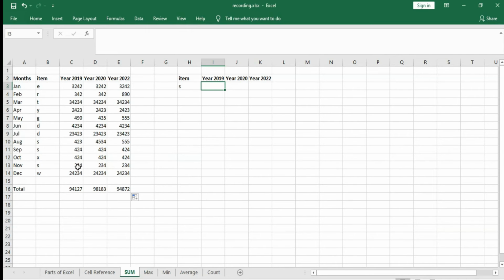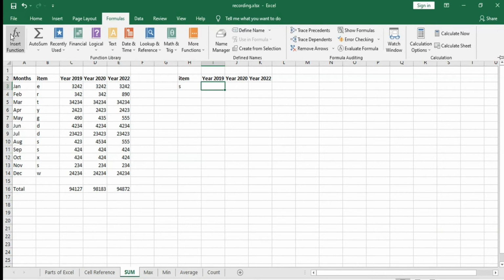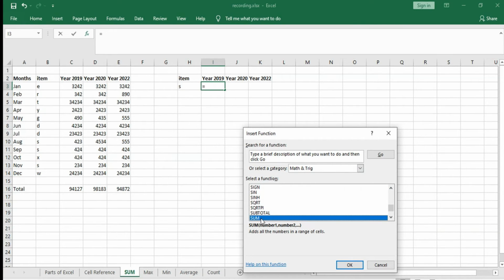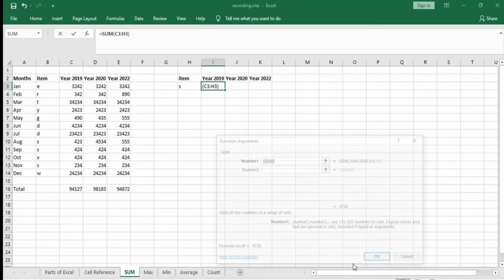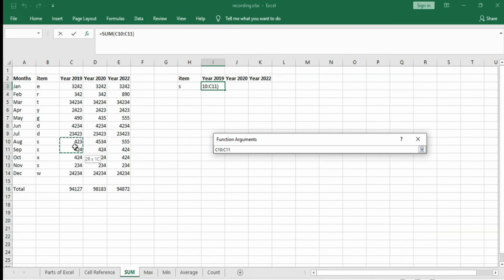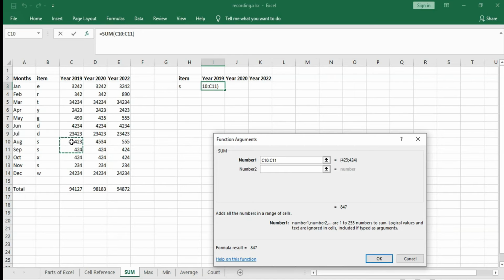First, same steps: select the cell where we want the result, then click on the formula, then click on insert function, select your category and then your function, then click on the OK button. Here the first is our range, so we provide the range C10 to C11. You can provide either a cell range or a single cell.